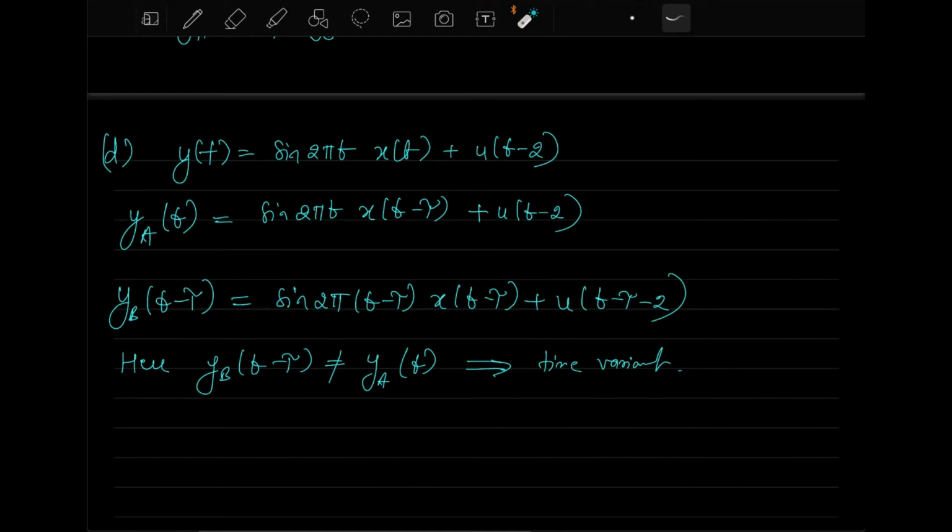Okay, so this finishes off the system properties of linearity and time invariance. These two properties are very important in a signals and systems course, because they help us determine the output of the system when we use convolution. They help us derive the convolution equations, and since we are interested in the output we get from the system, imposing the constraints of linearity and time invariance will help us solve a lot of problems.